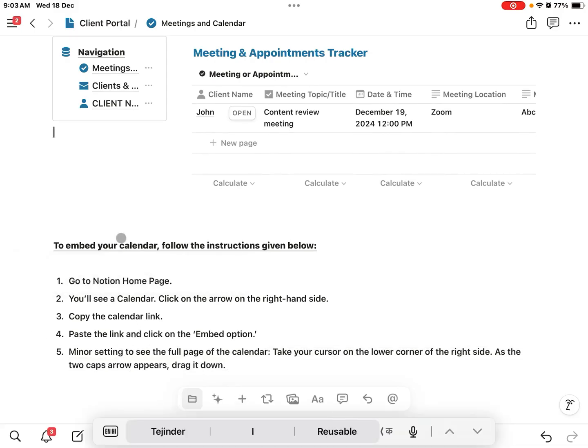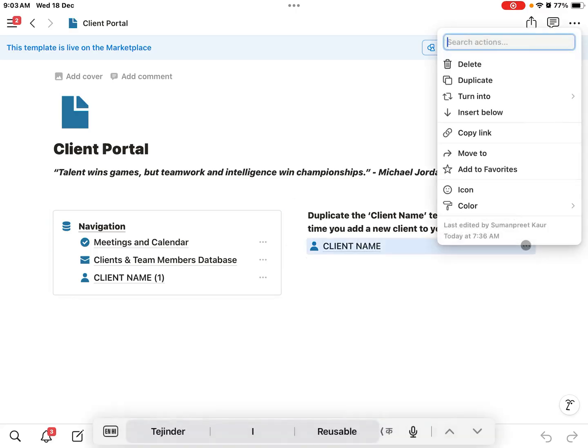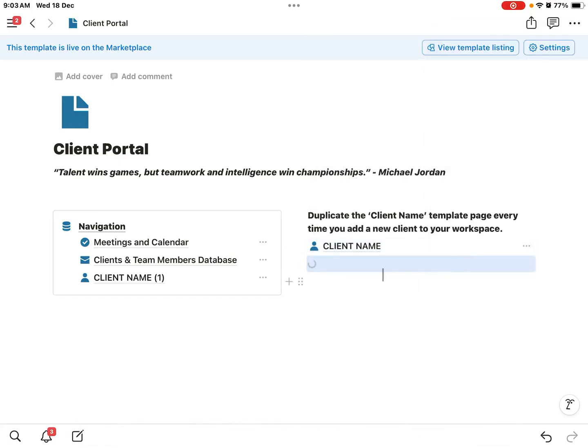And then okay, now we have done with the client management part, with the meetings and appointment tracker, with clients database. And now the last part we have is how you can add the new pages of your clients in navigation. For this, as you can see, this is the client name, this is the template you will be using for every client. You will click on this duplicate option, and then